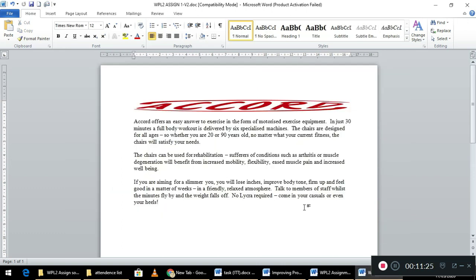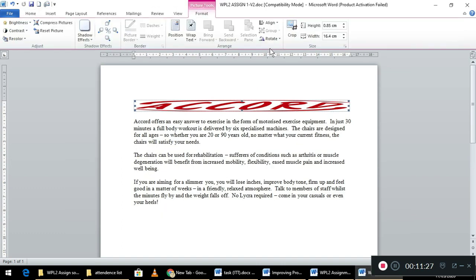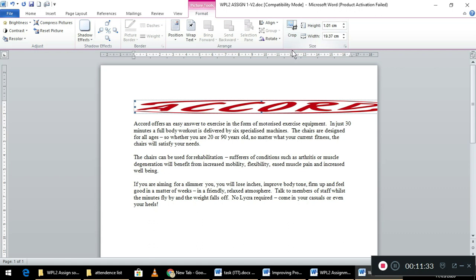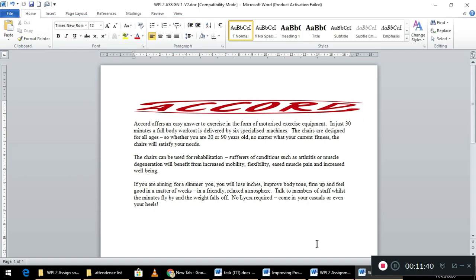How did you do that? Just click on the picture, format, height is 1 centimeter. That's what it was. Height is 1 centimeter, and I press it here. That's good. And it's moved to this. Yeah, good. Next,